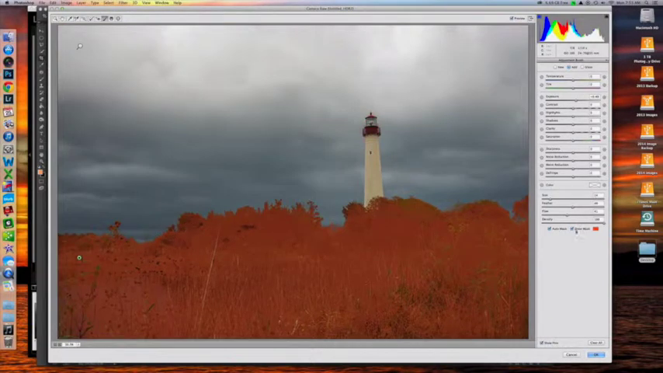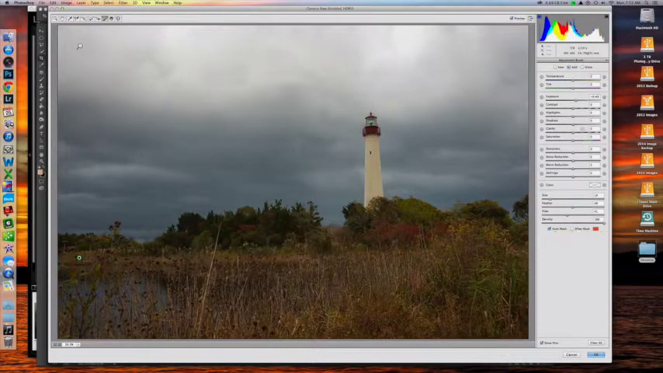All right, so we're going to take show mask off. And now we're going to add a little brightness to the foreground. I'm going to add a little clarity to the foreground, maybe a hair of saturation, and warming it up a little bit as the light is going down behind us over our shoulder. Okay,